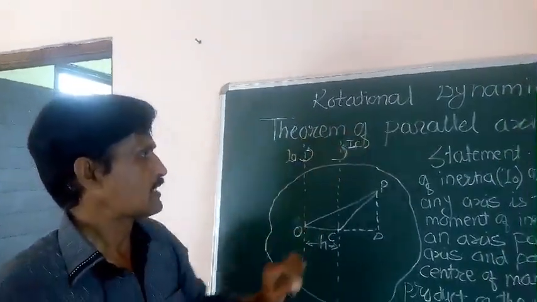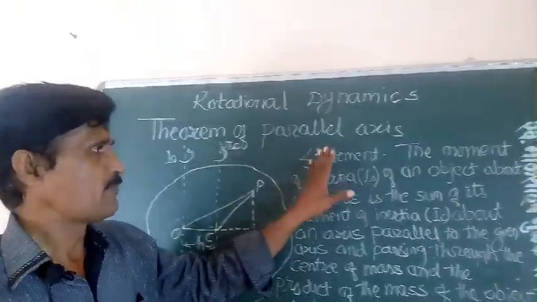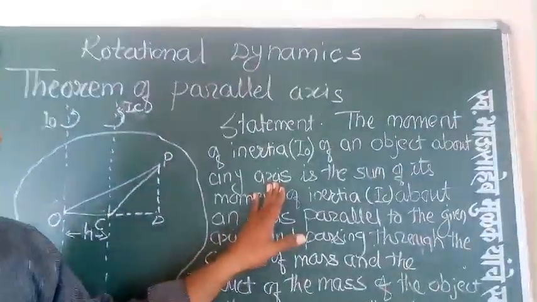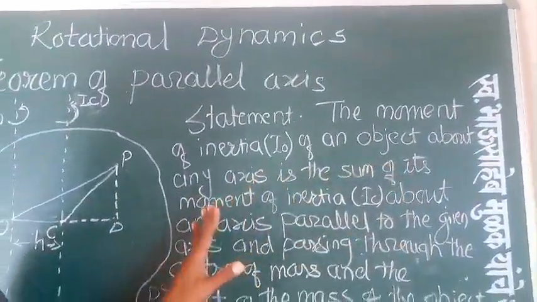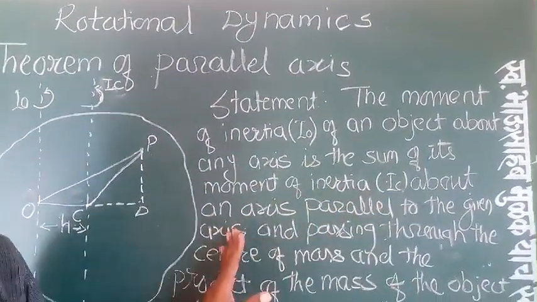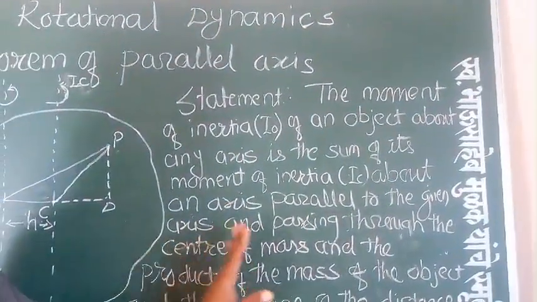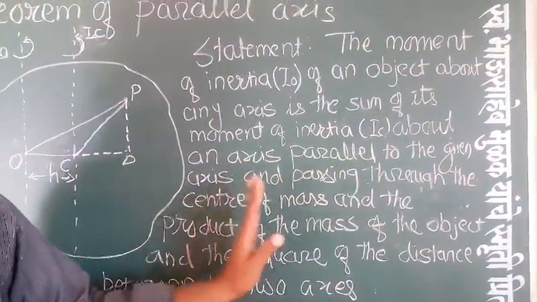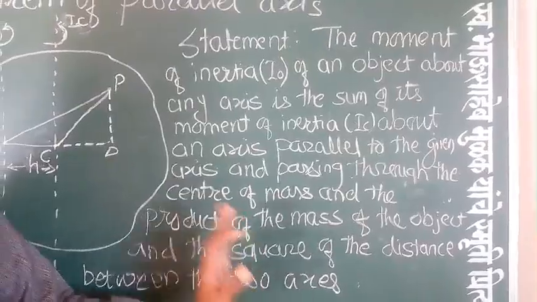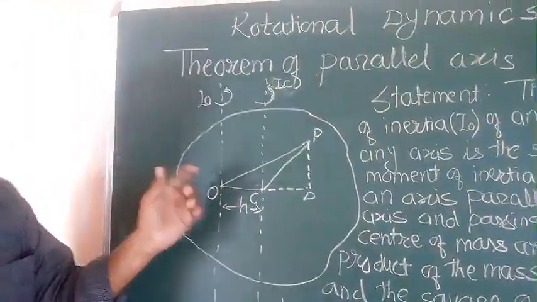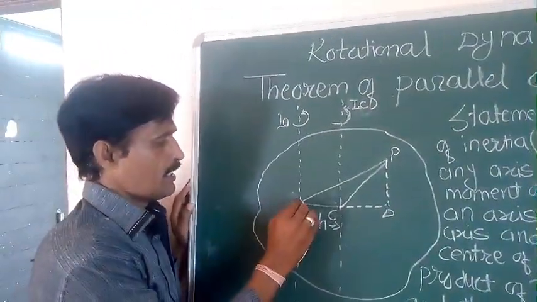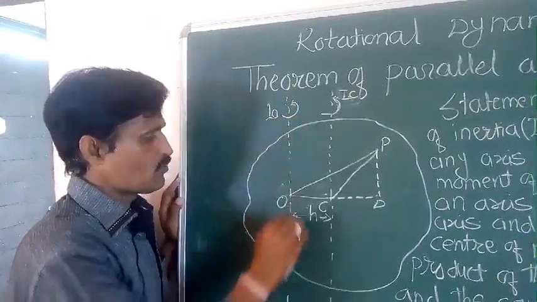Theorem of parallel axis. The statement of the theorem of parallel axis is: the moment of inertia of an object about any axis is the sum of its moment of inertia about an axis parallel to the given axis and passing through the center of mass, and the product of the mass of the object and the square of the distance between the two axes. Now let us consider that this is the object, an axis passing through the point O